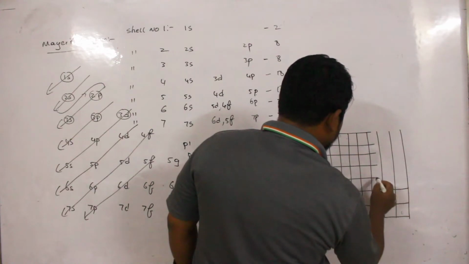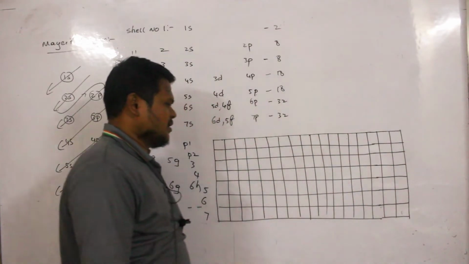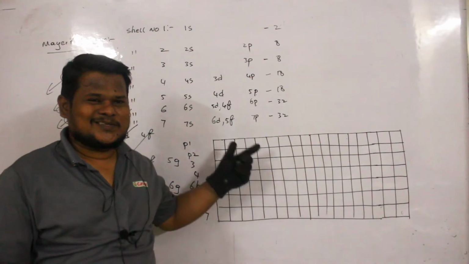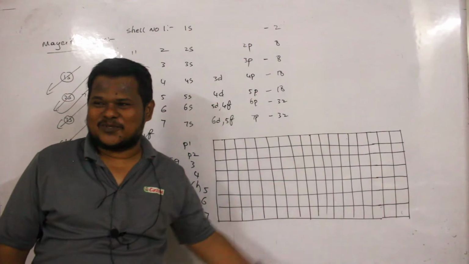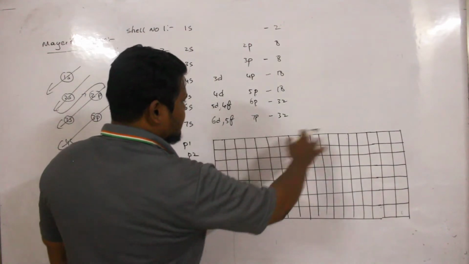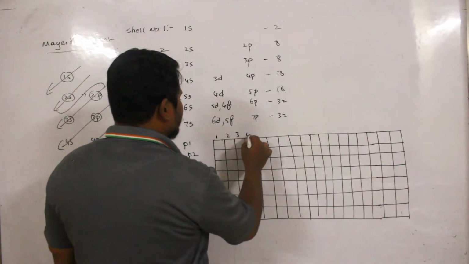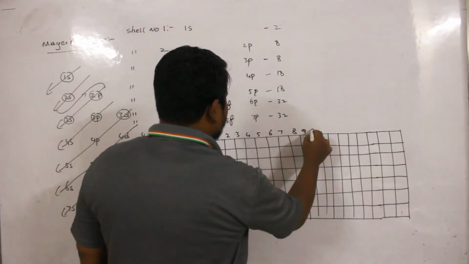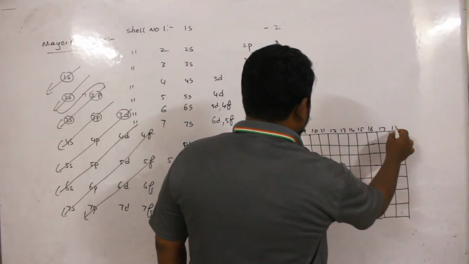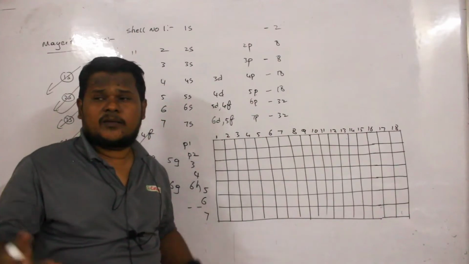Each column you can call a family also. Why do you call them families? Because they have similarities. Similarly, all the elements in a family are almost similar in properties, physical and chemical. So these are 7 periods and these are 18 columns. Let us name them. Column number 1, column number 2, 3, 4, 5, 6, 7, 8, 9, 10, 11, 12, 13, 14, 15, 16, 17 and finally 18. These column numbers 1 to 18 were named recently.